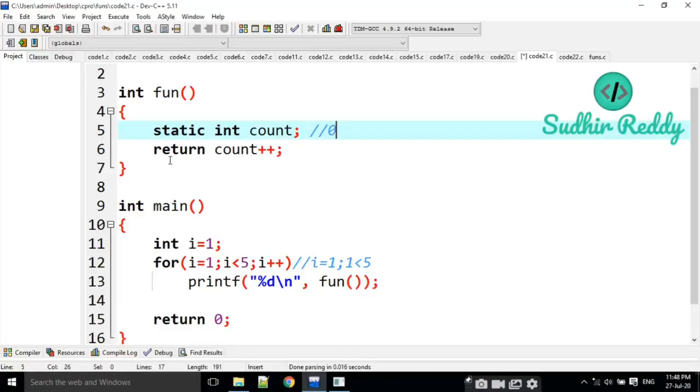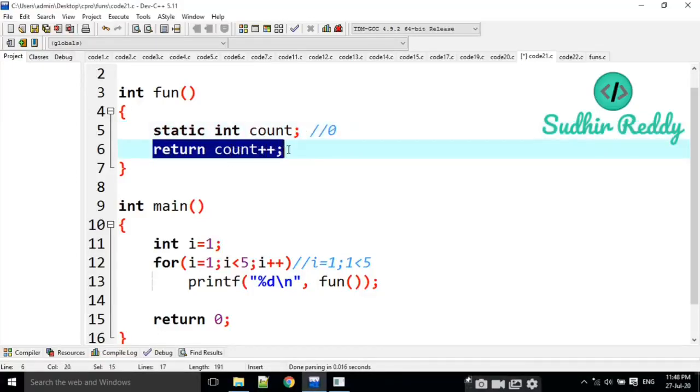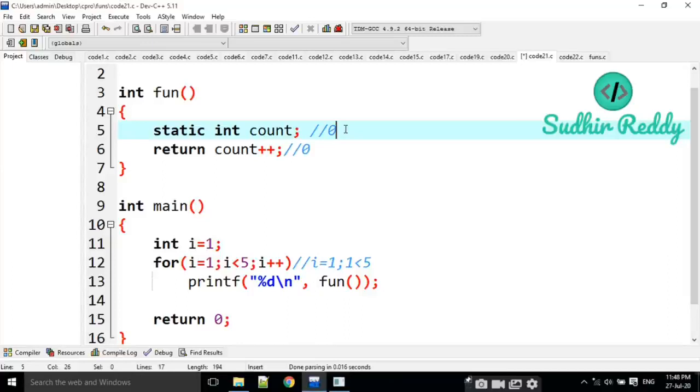That's why it is going to return count plus plus. That means it is going to return 0 but the count is 1. Then the output is 0 here, but the count is 1 here. Again it is going to be called 4 times, right?